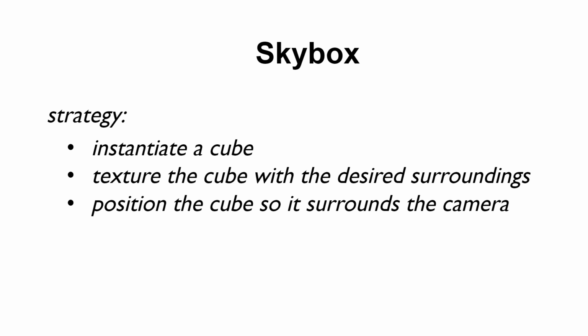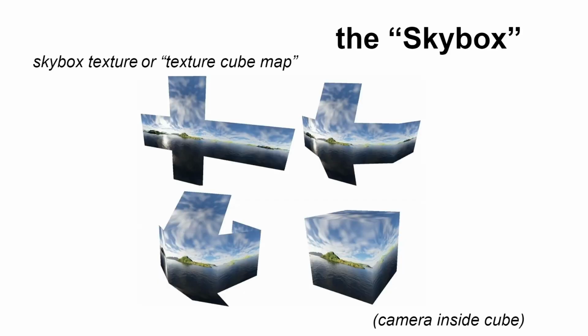Unlike other objects where we want to see things from the outside, we want to see this cube from the inside, right? That's why it's an environment or a skybox. So this is sort of what the skybox looks like. The skybox texture, or textured cube map, has 6 faces. We have the horizontal cut across the cube, and then a top and a bottom, and this is how they're laid out, how OpenGL thinks about them, how we're creating textures. You can create skybox textures specifically in one of these shapes as a single unit, or you can load them individually and tell OpenGL to go ahead and do the right thing.